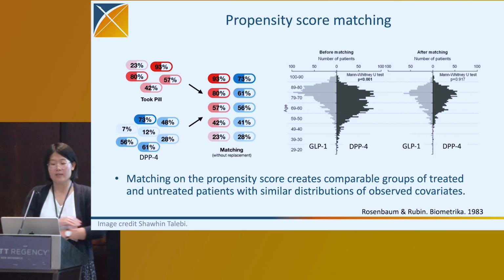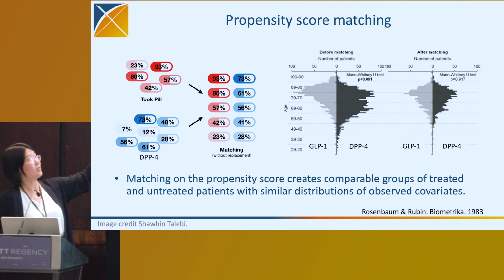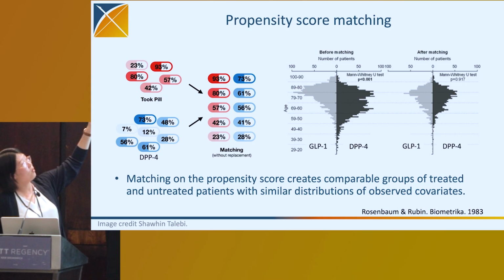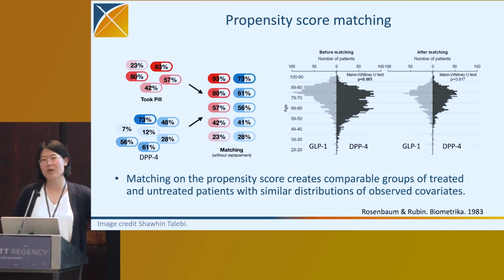So here on the left, every pill is an individual, and their probability is shown as the percentage on that pill. And I have my target cohort in red and the comparator cohort in blue. So what propensity score matching does is essentially to take, let's say, the highest propensity score in the target group, and match that to someone from the control group who also has a propensity score that is close enough